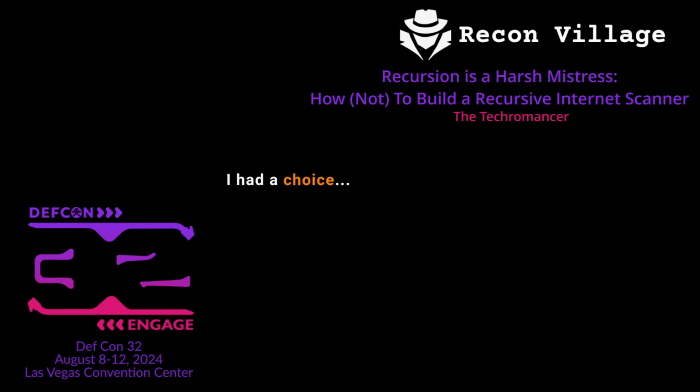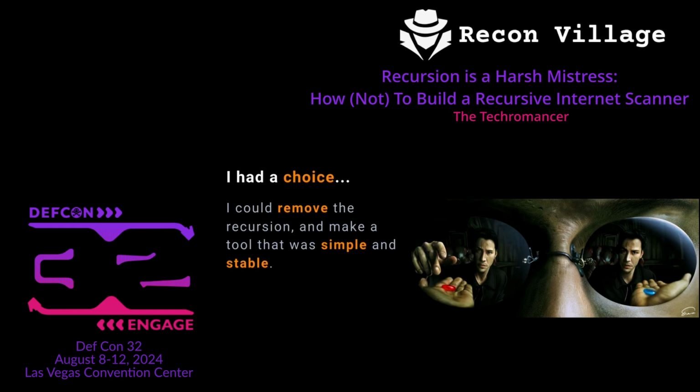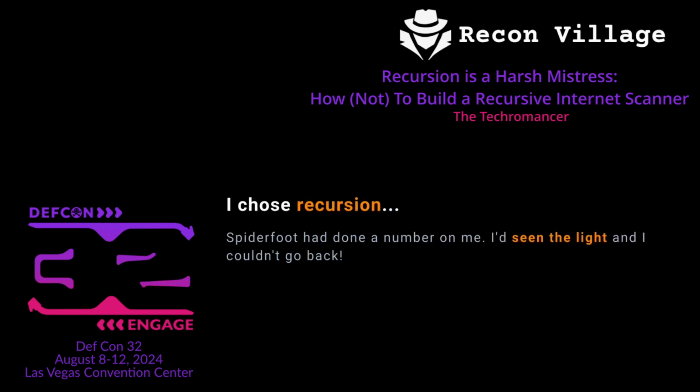So basically, I had a choice. I could either remove the recursive part of BBOT and just make a simple scanner, or I could try to tough it out and see what happened. So yeah, obviously I chose recursion. I wouldn't be here talking about it if I hadn't. But